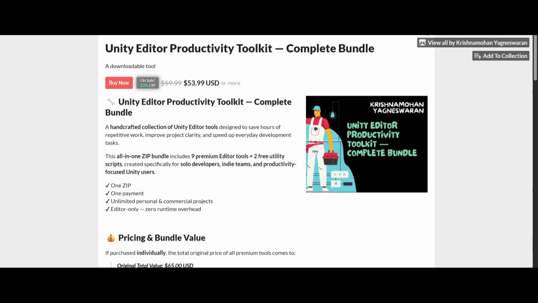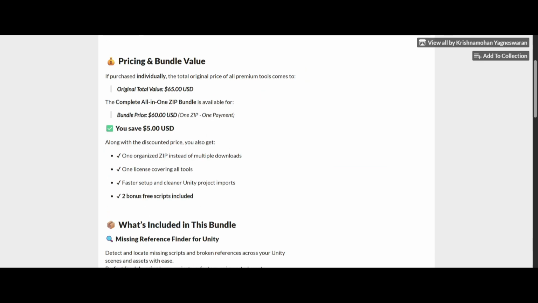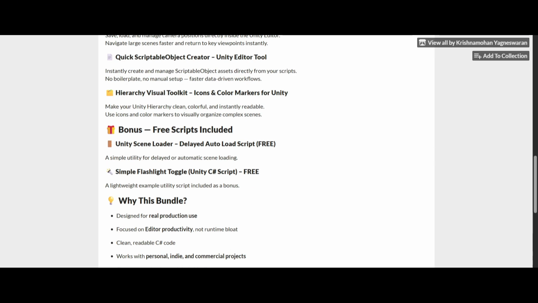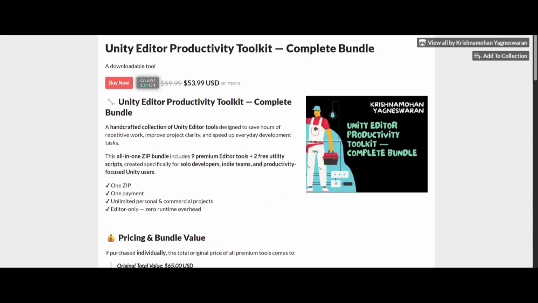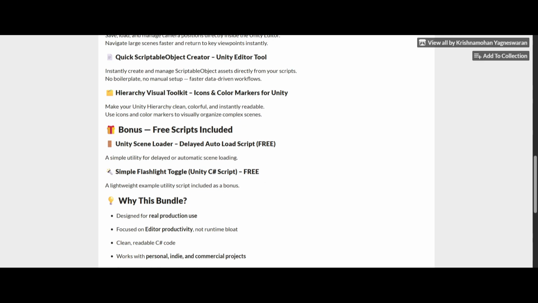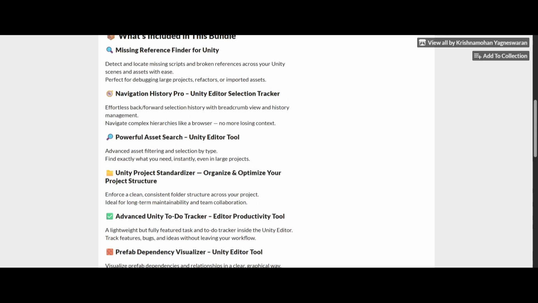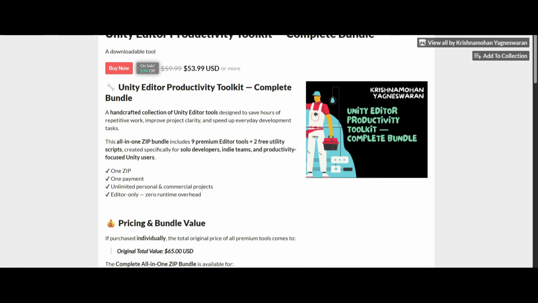You can find more about it, I will give you a link in the description, and everything you will get in one zip file. And the bonus is Unity Scene Loader and Simple Flashlight Script, which is a free script. These scripts I have created all this in the year 2025, and I have bundled them into one